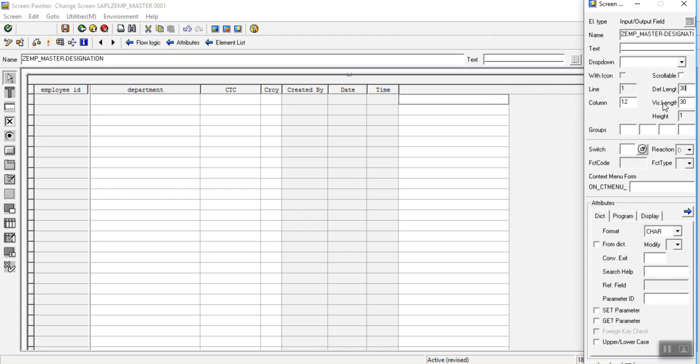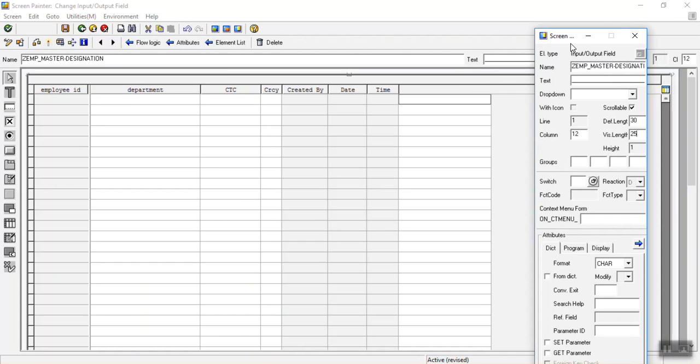In that case, the defined length can be 100 and we can set the visible length, let's say 20-25. Just to show how it works, I am making it 25. Don't change the defined length; this will come from the database data element. We can play with the visible length. Press enter. Now we have assigned the field.